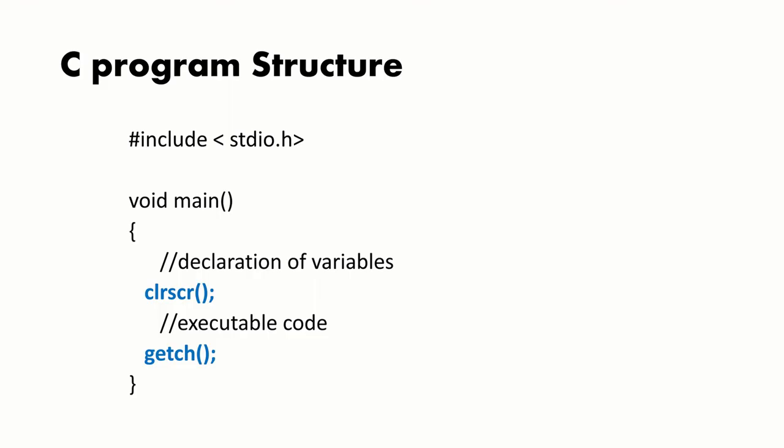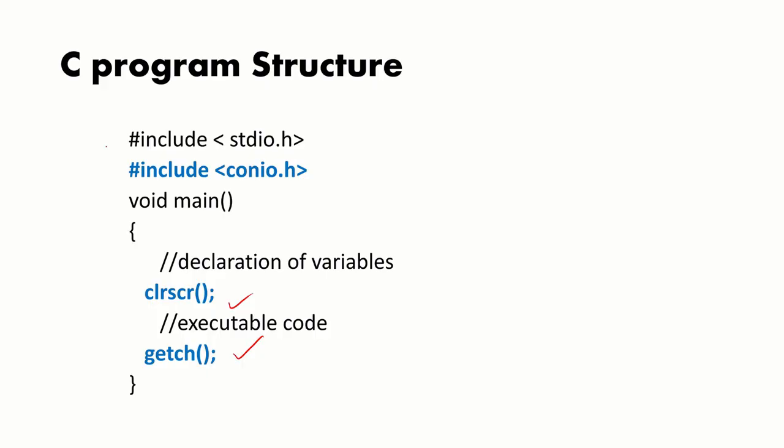What we did was add a clear screen and a getch to add clarity to our code. In some cases, it may show you an error that it is not recognized. So you can even add hash include conio.h, so that if there is any prototype missing error, that can be handled with conio.h. Now this is your complete code.